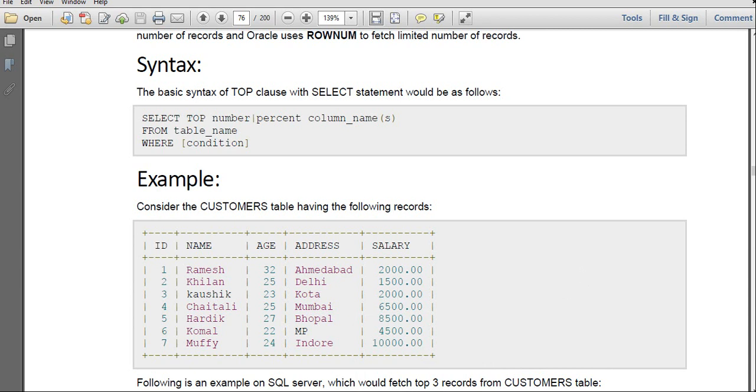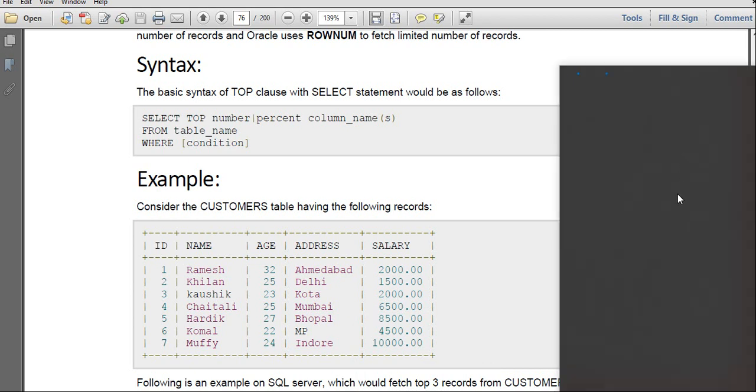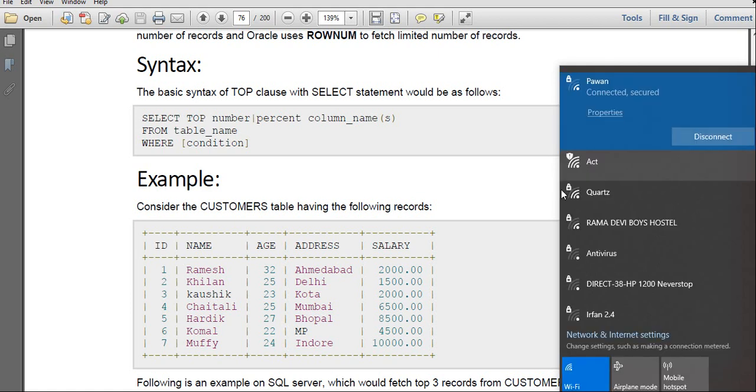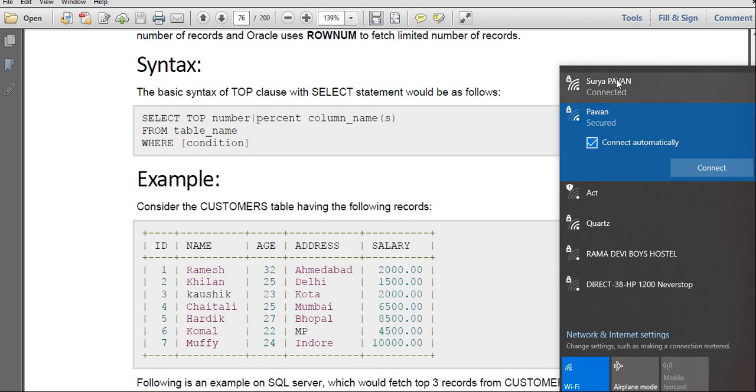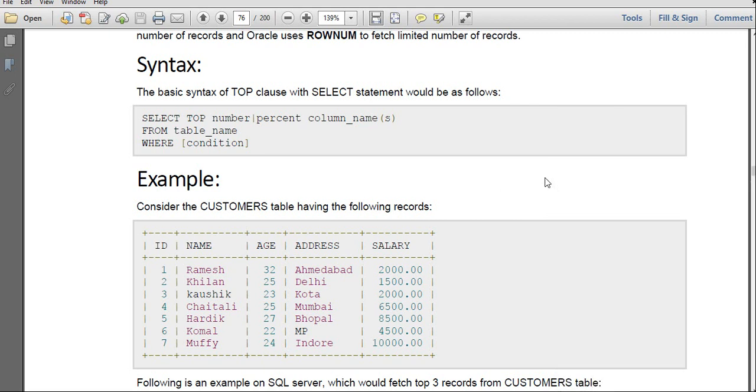Just a second, I'll change the network. Now it will be good.